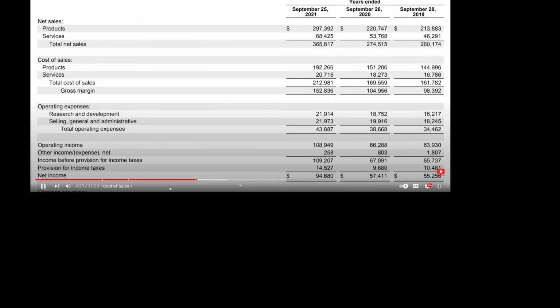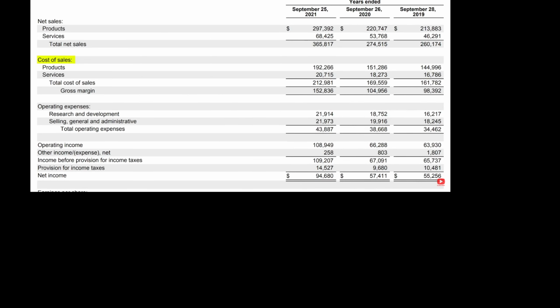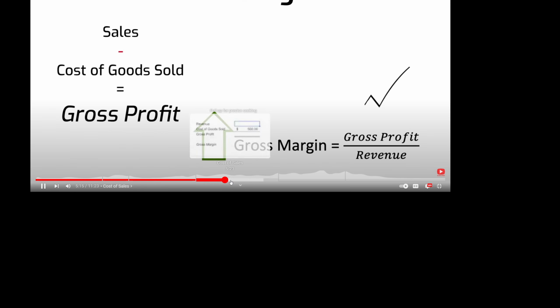Moving down the income statement, next we have cost of sales. These are the costs associated with building the product or service you are selling. So let's say you're General Motors and you sell cars. Your cost of sales would be the cost of the tires, the engine, the frame of the vehicle, the interior, speaking, the better. This is because having a high gross margin is representative of having strong pricing to produce an